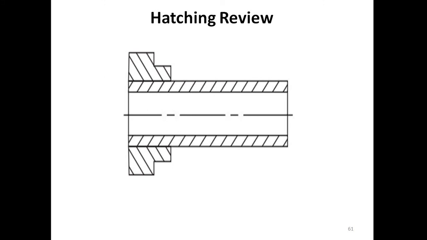It is one of the examples of hatching review. Two components are there. The hatching angle is different. Consider one bush, on which another part is inserted and fixed. The bush is shown by a 45 degree angle, and the other part inserted on it is hatched at a 135 degree angle. It is just one example of how to show hatching on a component.